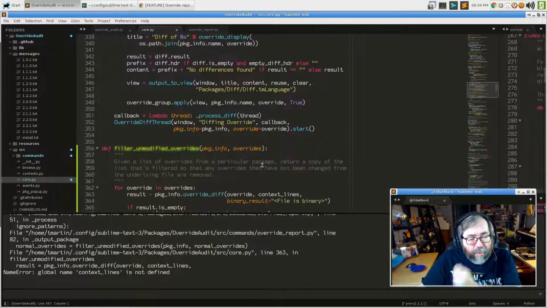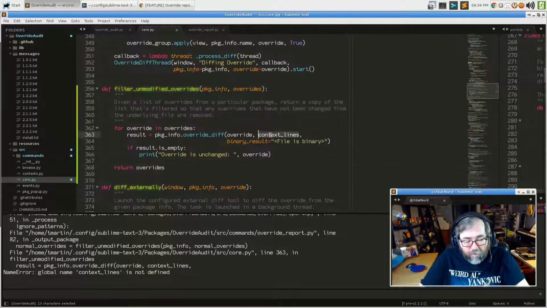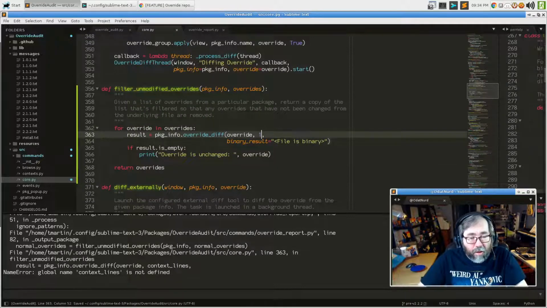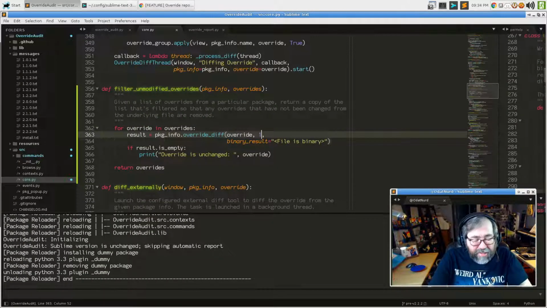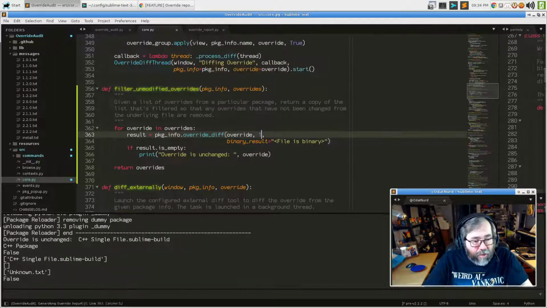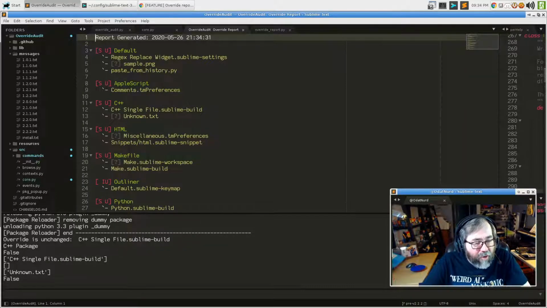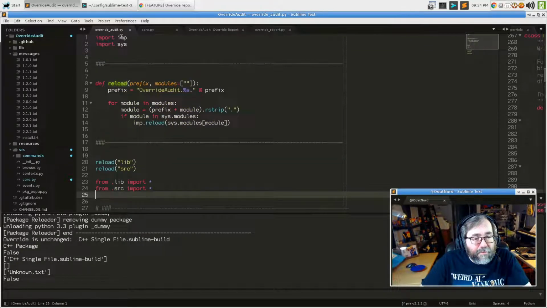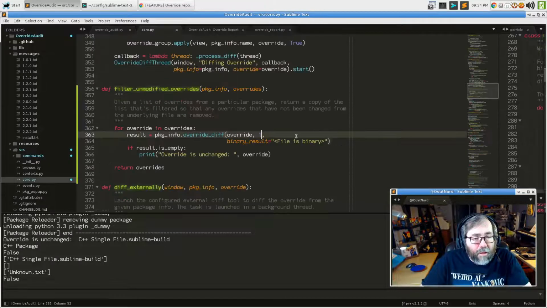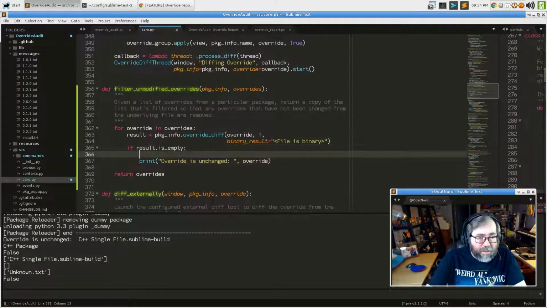Oh, whoops. I don't care about the number of context lines because we're not actually displaying the thing, you know? Override is unchanged. C++ single file .sublime build. Right on, right on. So